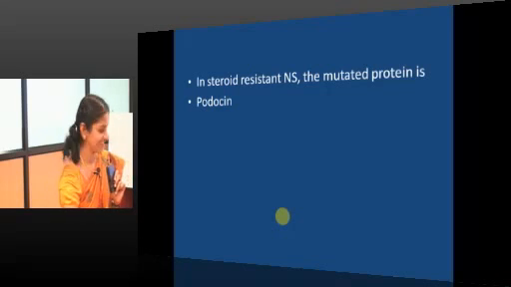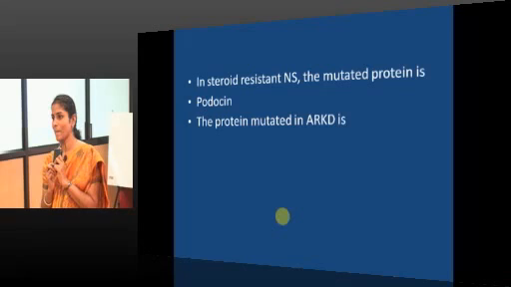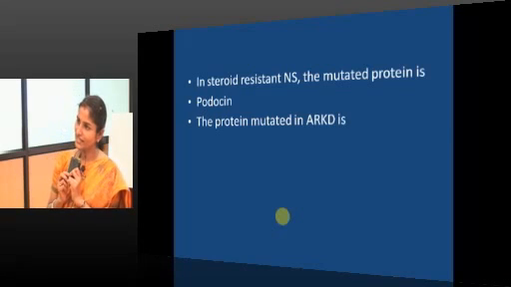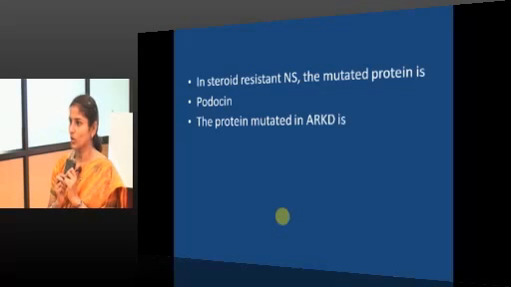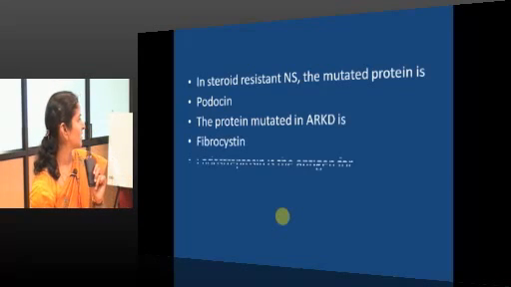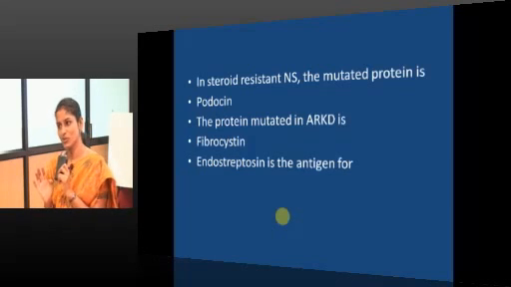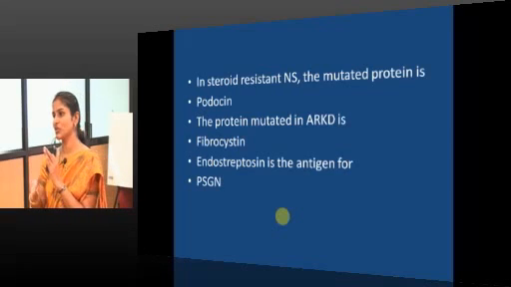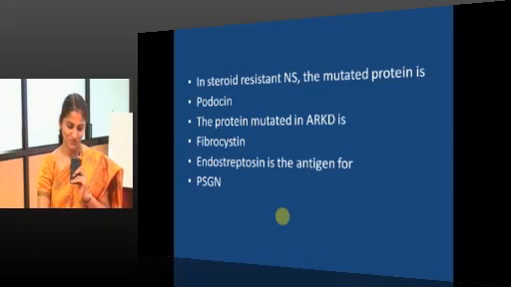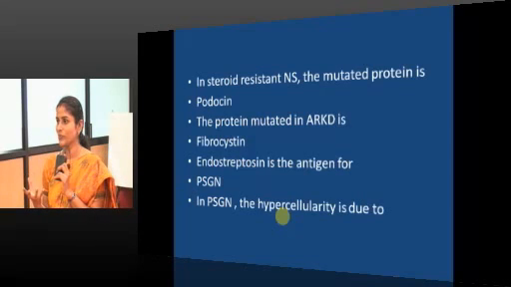Okay. The protein mutated in ARPKD. The protein mutated in ADPKD, polycystin 1 or polycystin 2. Very good. Endostreptosin antigen for post-streptococcal glomerular nephritis. How long does it take for the infection to cause glomerular nephritis? Very good. In PSGN, the hypercellularity is due to